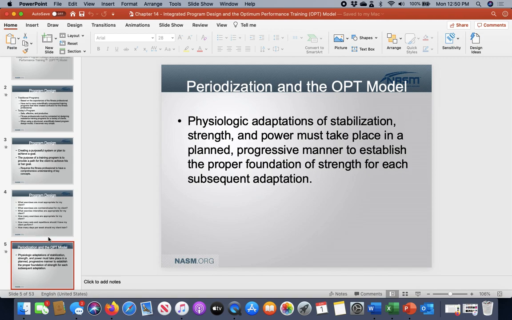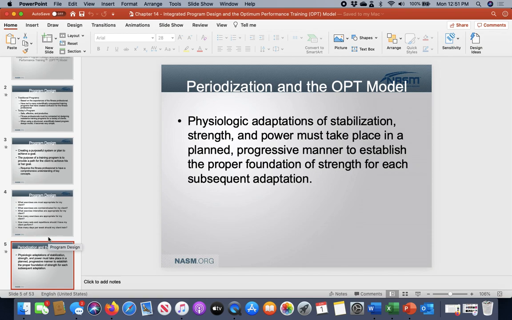All right, and when you're putting all that together, what you're really doing is creating what's called a periodization schedule. And periodization really just means, okay, what phases do you want to work in? What levels do you want to work in, so that you can justify to your people that this is the right way to go? Okay, like it says here,